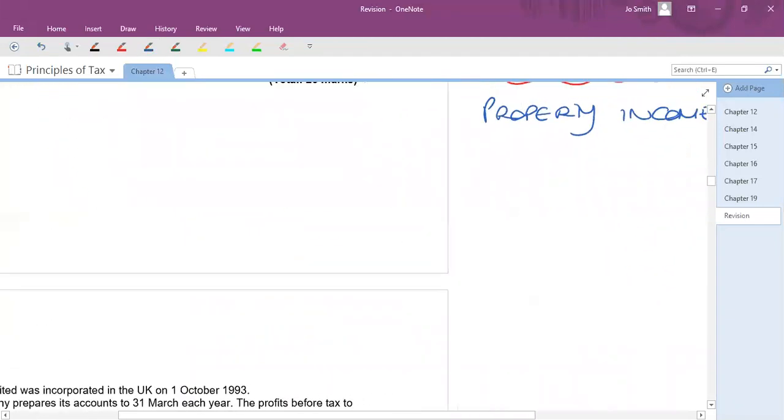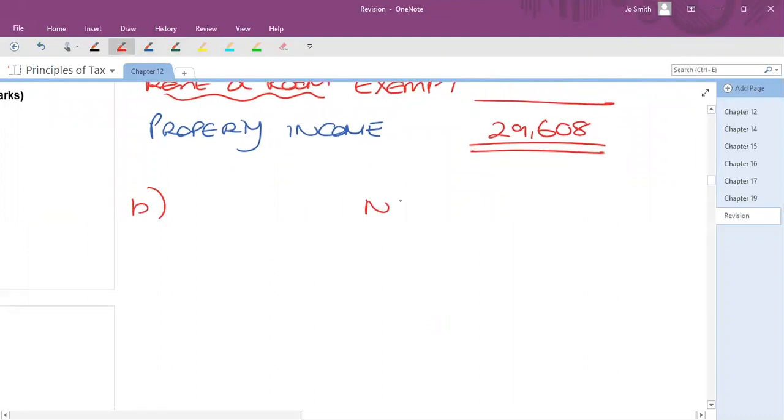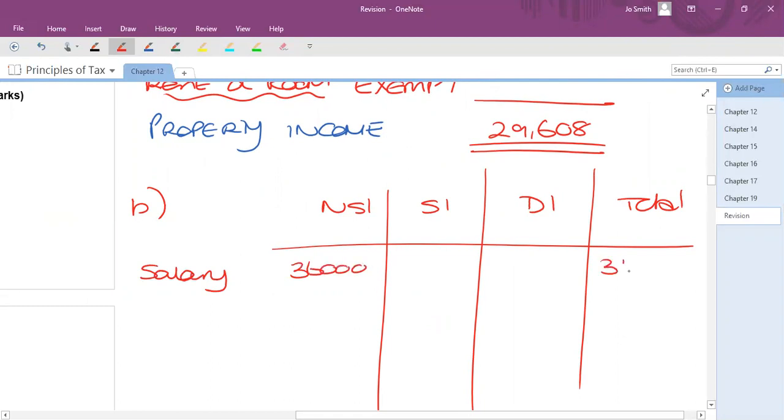So let's put this into our table then. So part B, non-savings, savings, dividends, and total. So let's copy his income in there. So he's got his employment salary. And we're not too fussed about what descriptions you use for these. The main thing is that you put in the right number in the right column. We've got his property income,